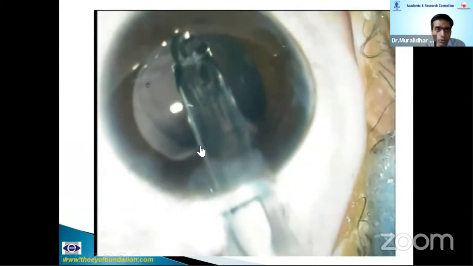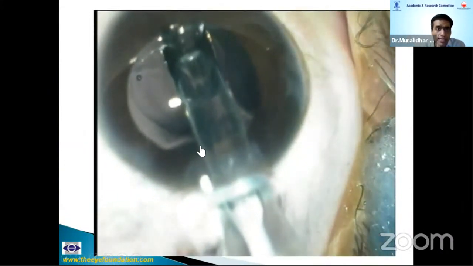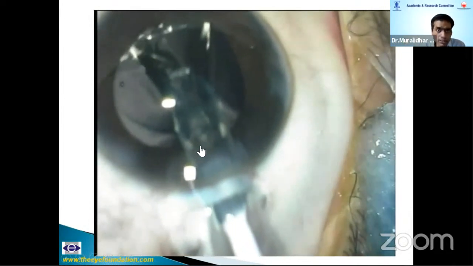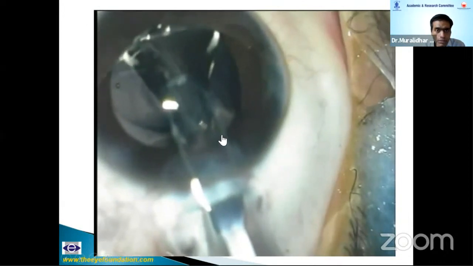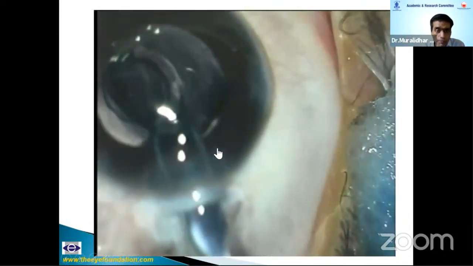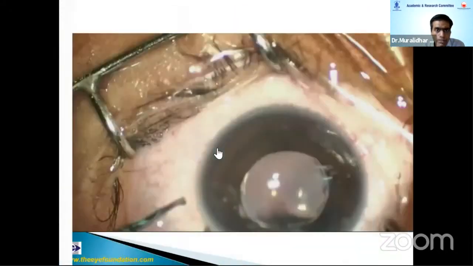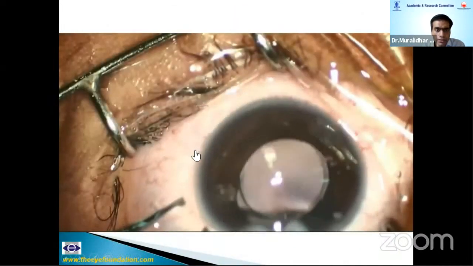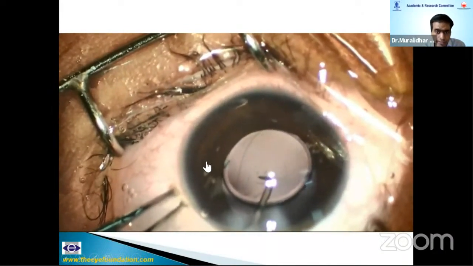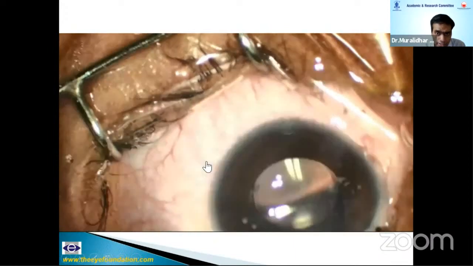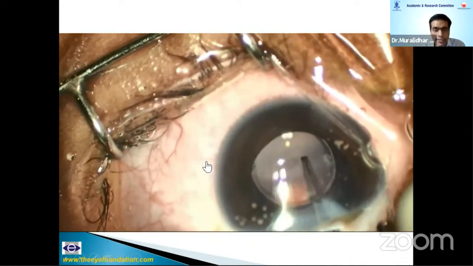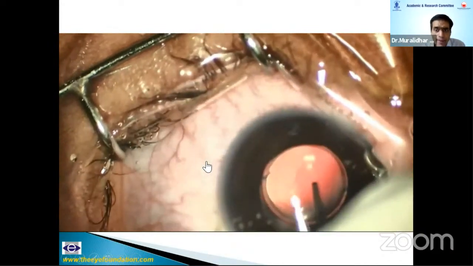For IOL implantation, you need to inject a lot of viscoelastic in the capsular fornices and make sure your leading haptic goes into the bag. This is very important. In case you implant a 3-piece IOL, you can nudge the IOL a little bit and do a rhexis after IOL implantation. This is a lot more clumsy, and you may not get a rhexis of the optimal size.